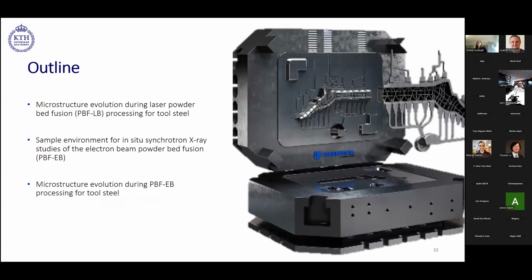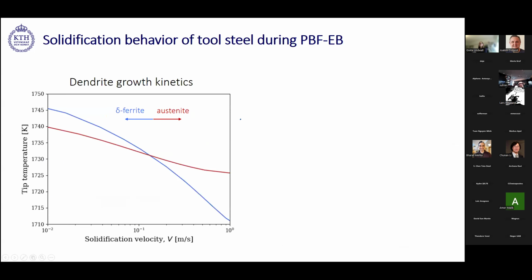Okay, so that was then the second part of this: the development of this sample environment for electron beam powder bed fusion. Next, we will use that to continue looking at our tool. So if we come back then to this direct growth kinetic model, or the KGT model for this material, we